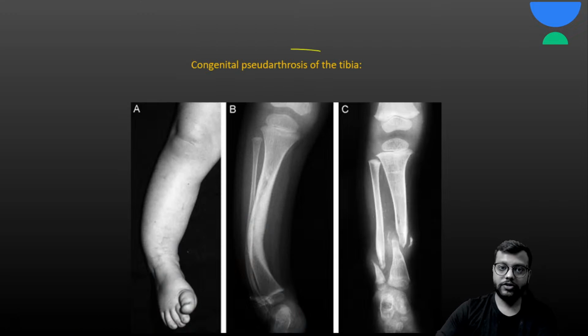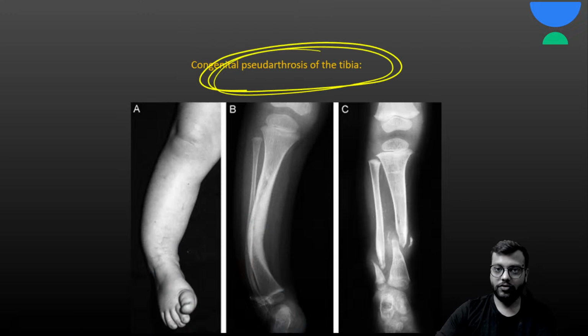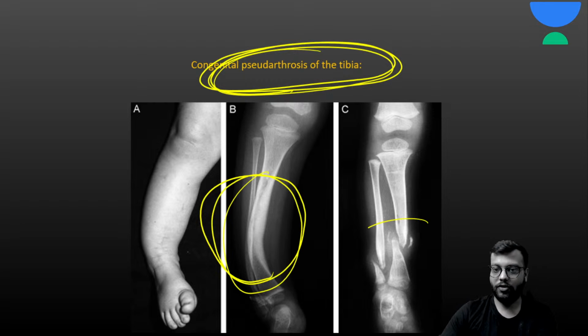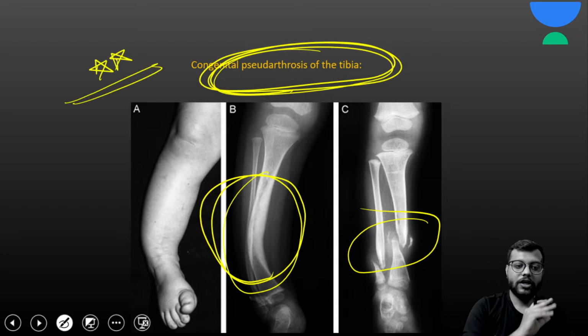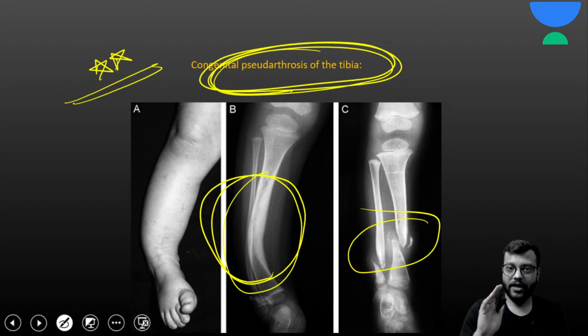okay, now this is your congenital pseudoarthrosis of the tibia. ऐसा डिफॉर्मिटी हो जाता है, and here you have the non union. so आपको याद रहना चाहिए by the x-ray and the photo कि ये क्या है. okay, so this was जल्दी से a rapid revision of the lower limb x-rays.